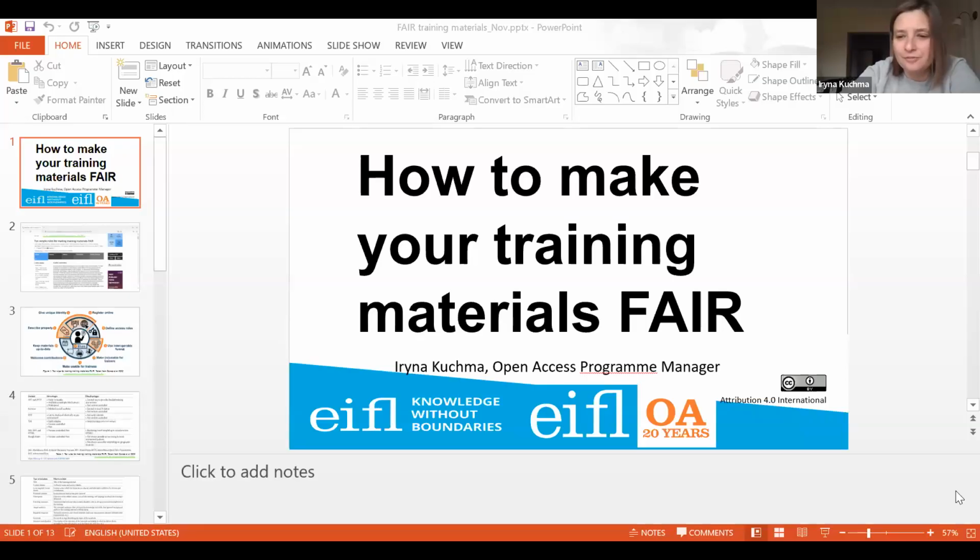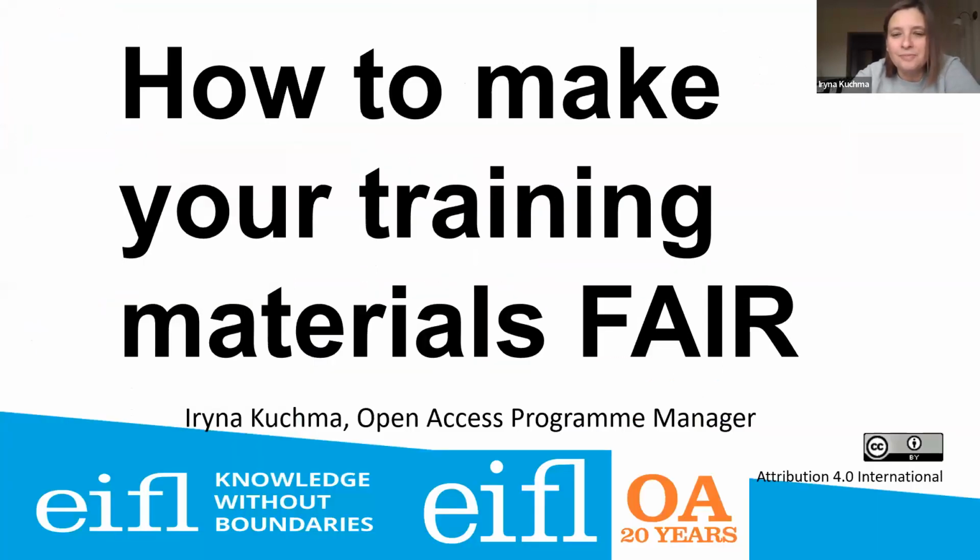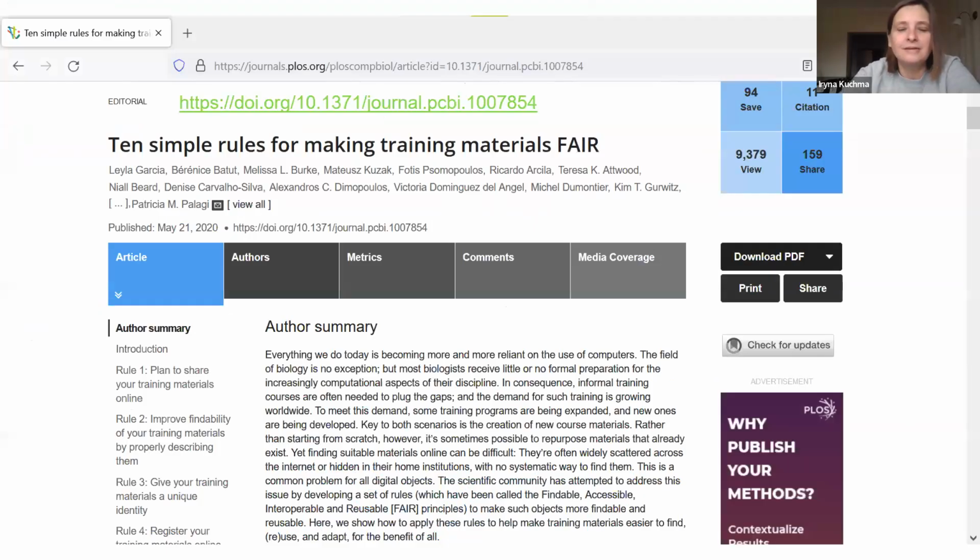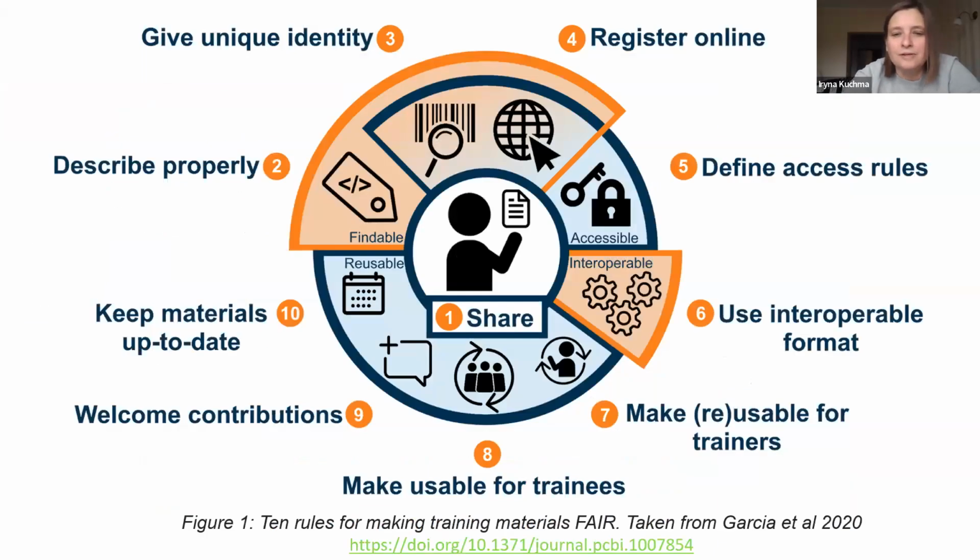I have a short presentation on how to make your training materials FAIR: findable, accessible, interoperable, reusable. These discussions about FAIR training materials were started by a group of trainers from life sciences. You see some of their names, and they published a paper which they called "10 Simple Rules for Making Training Materials FAIR," where they suggested